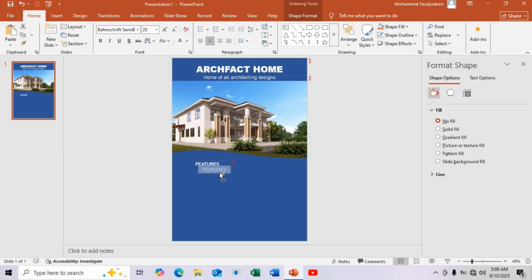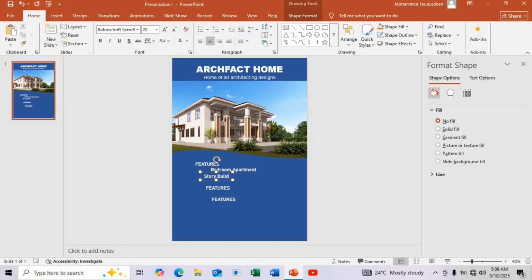So I'll just make it something like this. Add another one. Oops, I want only the text. Add another one, and possibly the last one. Alright, so the only thing I have to do is to change the text inside it. So the first text that I'll change in here is, I'm going to make it bedroom apartment. So let me increase it a little bit. And this one will also be story